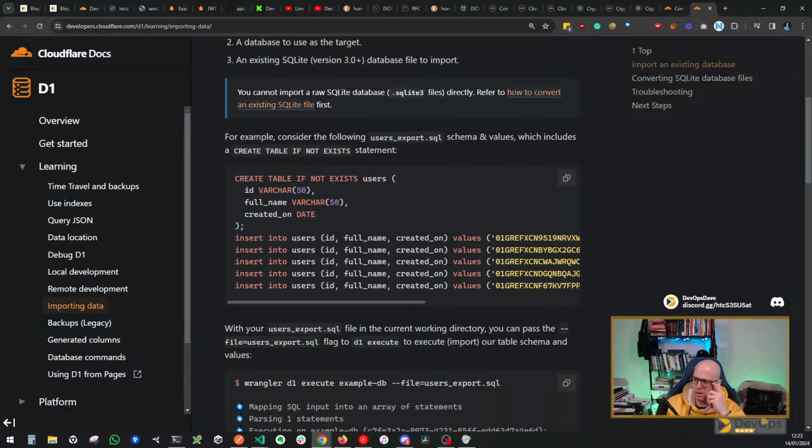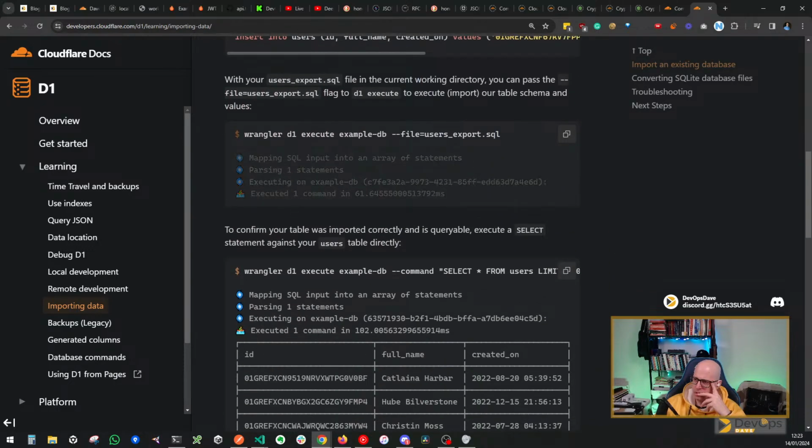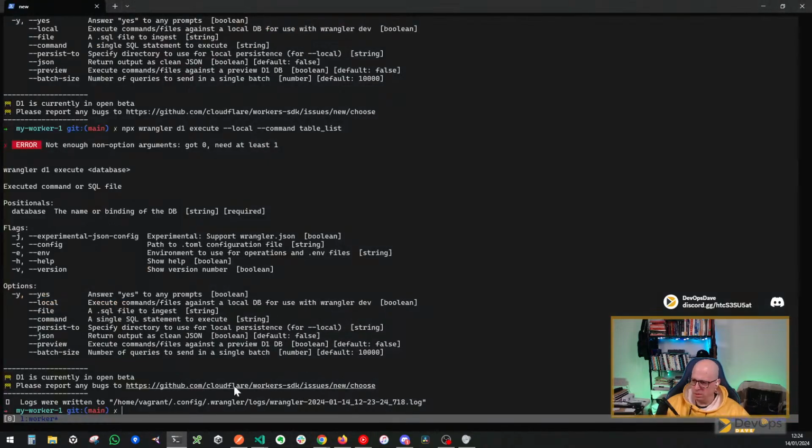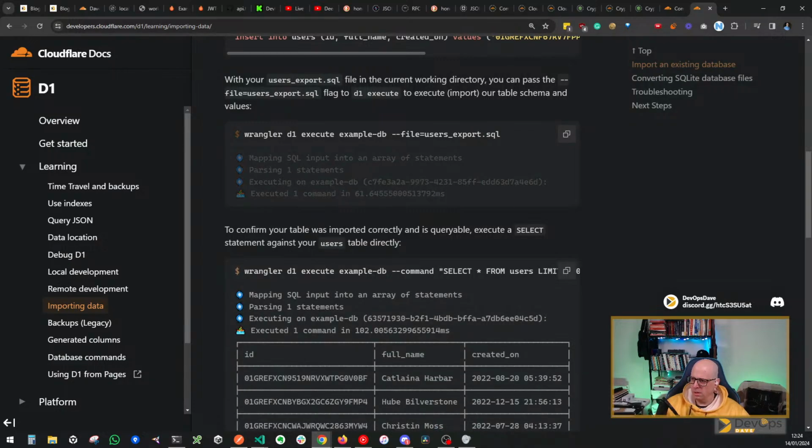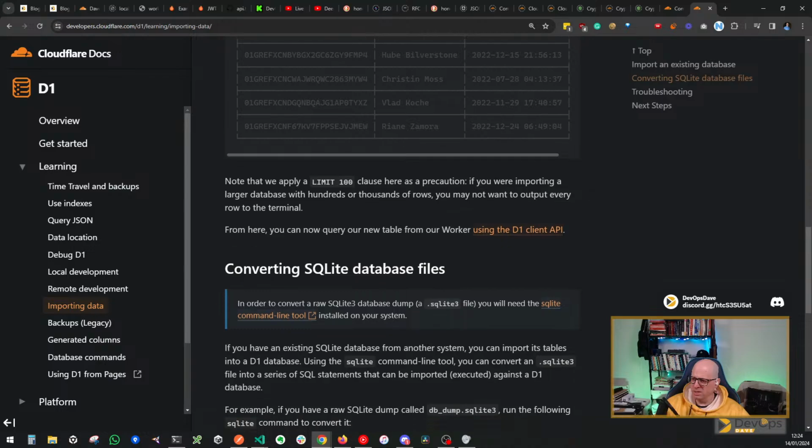Importing data, SQL, execute. Now that's saying against the